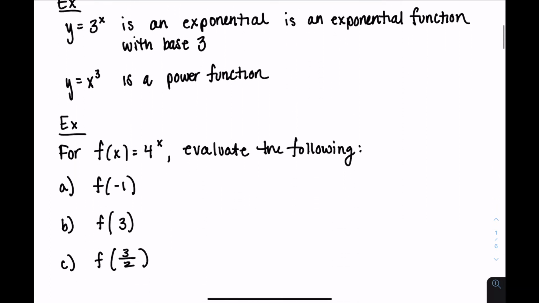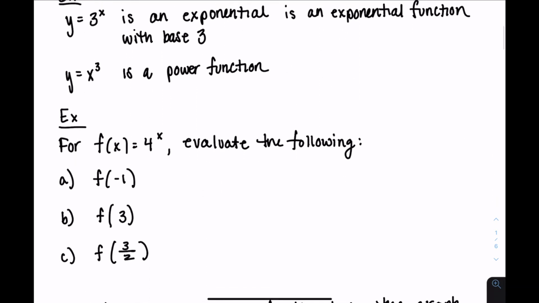So let's go ahead and work with an exponential function. For f of x equals 4 to the x, we're going to evaluate the following. So the first thing we're going to do is find that function evaluated at -1. So anywhere I see an x, it gets replaced by -1. And then our properties of exponents tell us if you have a negative exponent, it moves to the denominator. So this function evaluated at -1 will have an output of 1/4. If we want to evaluate it at 3, that's just going to be 4 to the third power, which is